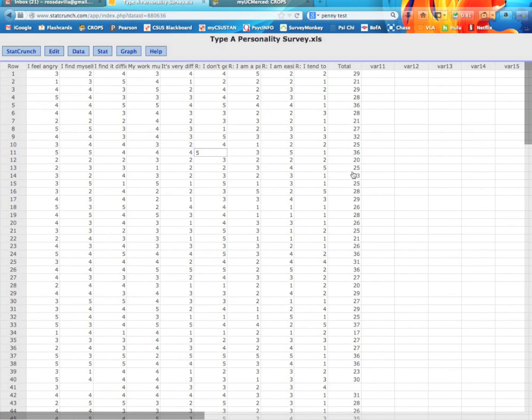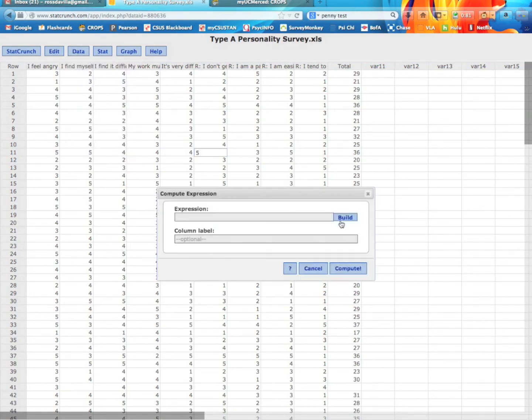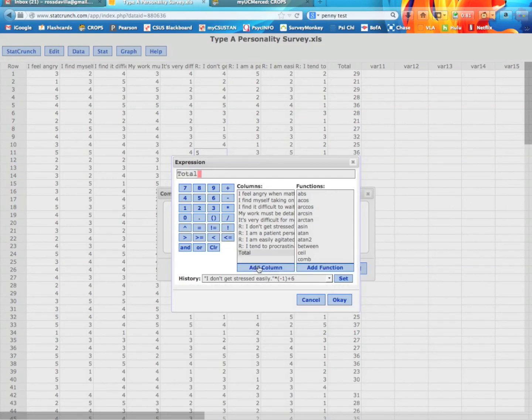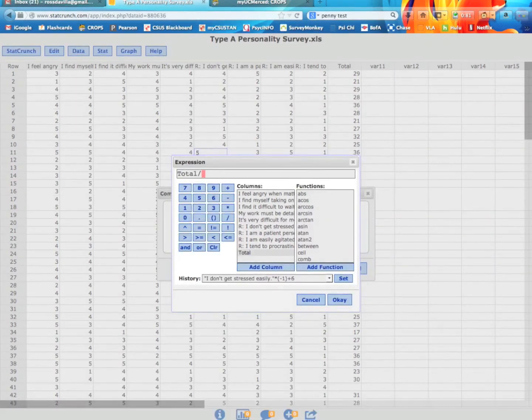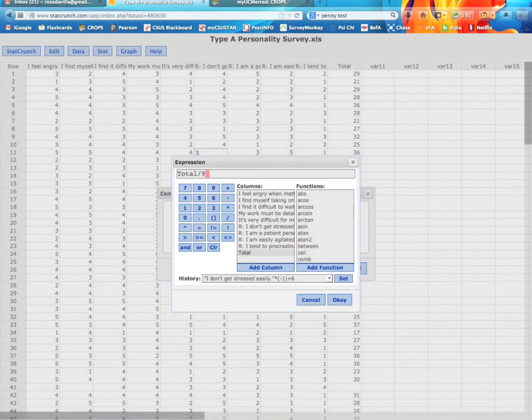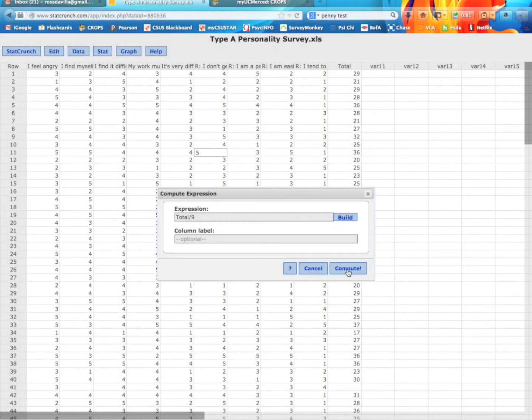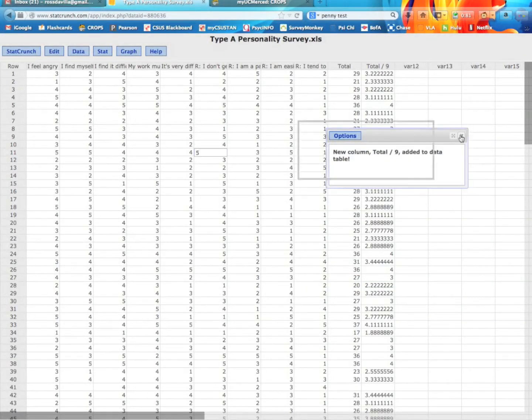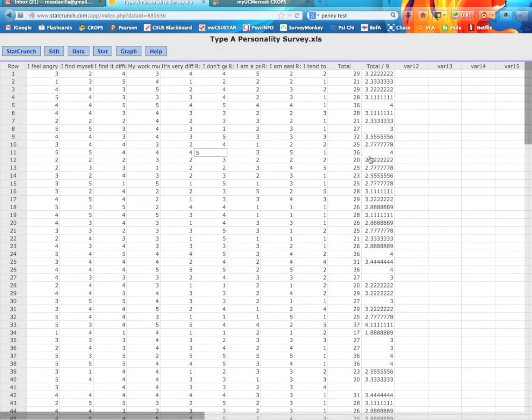Since we already have their total scores here, really we can just take these total scores and divide by the total number of items. So we don't have to create a long equation again where we're adding them all up and dividing by, in this case, 9, so we have 9 items. We can just take this one variable and divide by 9. So again, we're going to go to Data, Compute Expression, Build, put in totals, and since we have 9 items, we're just going to go divided by 9. If you have 10 items, you're going to divide by 10. So go ahead, hit OK, compute, and just get rid of this, there are all our averages. And as you can see, most people are kind of around the middle, around 3 is what we'd expect. That's probably because most people are somewhere in the middle when it comes to type A personality.